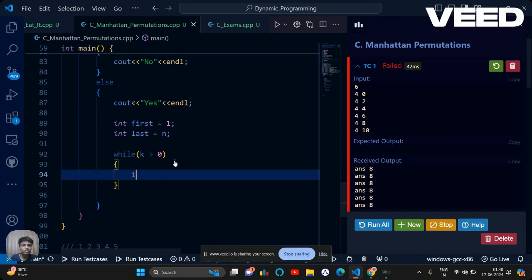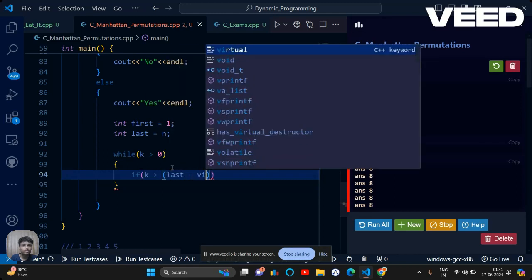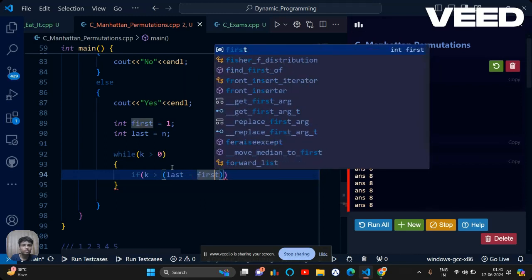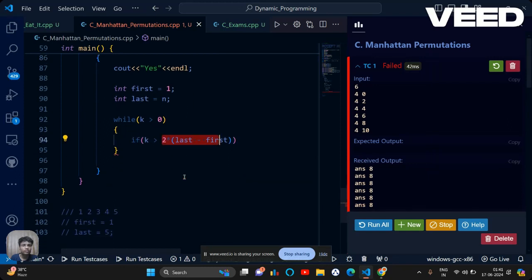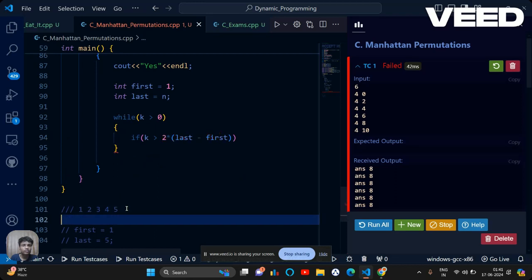What I'm going to check is if k is greater than 2 times of last minus first. Now simply do 2 times of it. If k is greater than 2 times of last minus first, which I've already explained why I'm taking this,